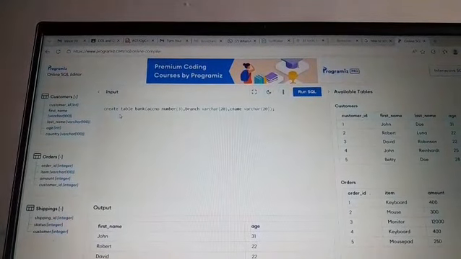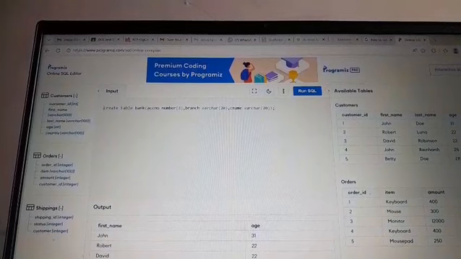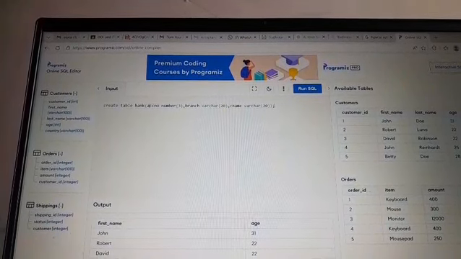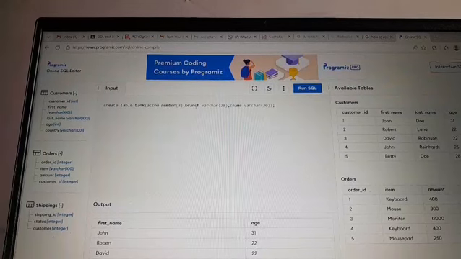This is a very basic syntax: create table, table name, then followed by variable names and types, variable name and type,